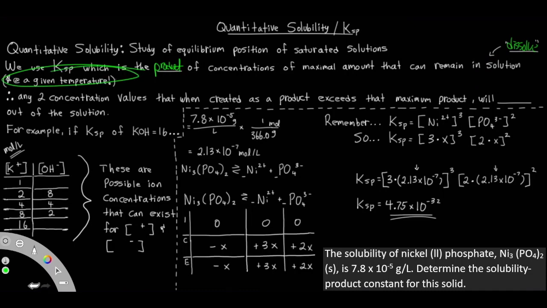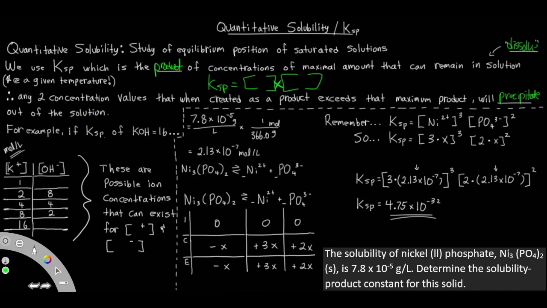So there's not going to be a spillover of any leftover amount that can't dissolve. And again, this is all under a condition where it has to be at a given temperature. So any two concentration values that, when created as a product, which means you have a concentration value here and you have a concentration value here, when they multiply as a product, exceeds that maximum product. For example, if this is our Ksp formula, if this value here exceeds the Ksp amount, this means that there will be a spillover. This will precipitate